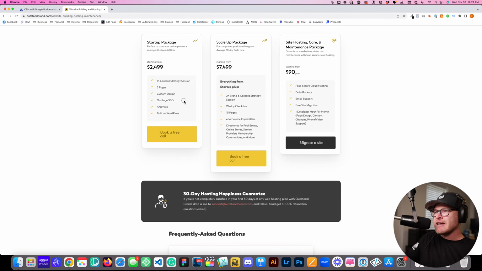Custom design, okay, I get that. On-page SEO, I get that. Analytics, I get that. Built on WordPress. Maybe that's a selling point to some people. Maybe it's not. Maybe it's completely meaningless to some people. I don't know your market. I don't know who you work with typically, but I don't know. I would need more background data to make decisions on this,